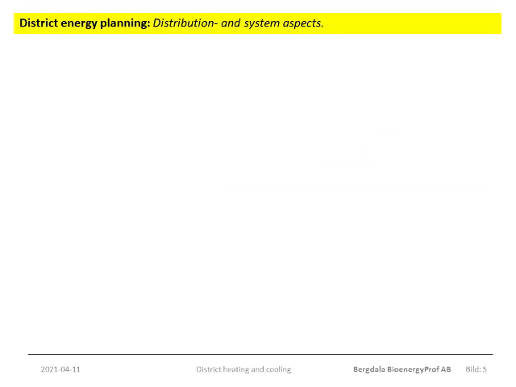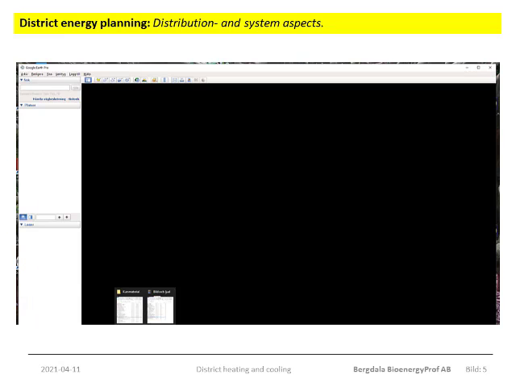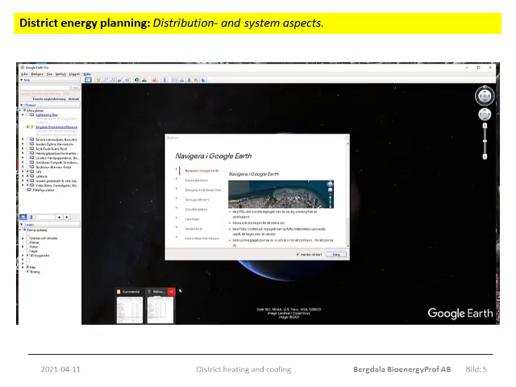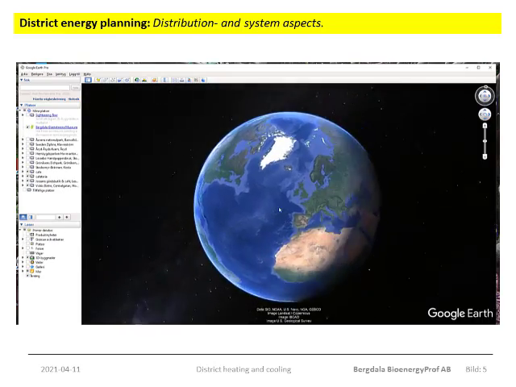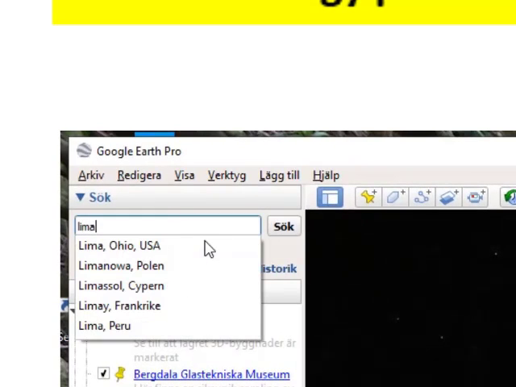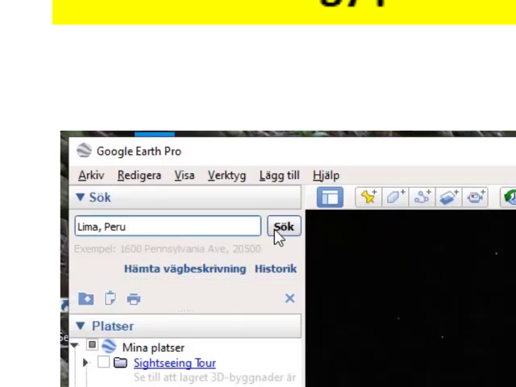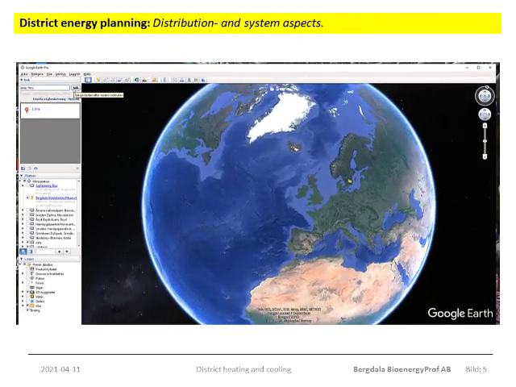If you've not used Google Earth before, you should try it. It's quite fun. And it's also quite useful. So here we go. I use Google Pro, which is downloaded to my local computer, and what we start with is to say that we want a destination, Lima, Peru, and we click return, and then we fly across the globe to Lima, to the South American west coast,